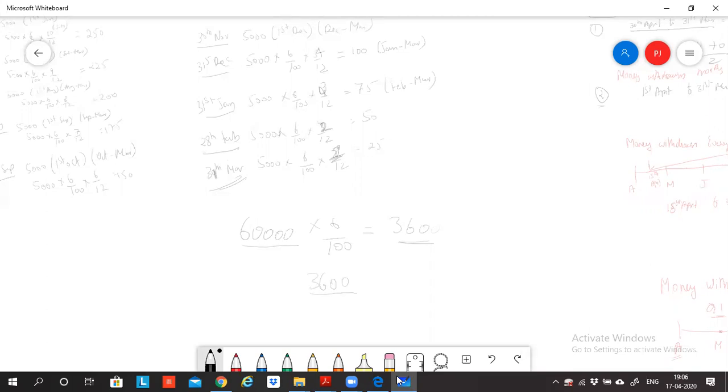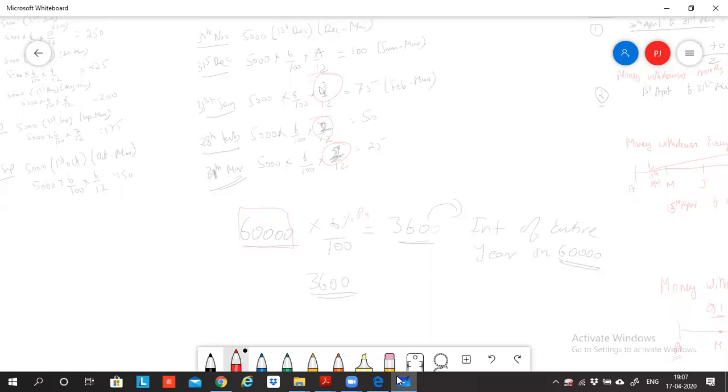So I need to know that this 3,600 is the interest for the entire year on 60,000 rupees. Now the question is, I have not enjoyed the 60,000 for the entire year. I have been using this 5,000 rupees in bits and parts every month. Some 5,000 I've utilized only for 1 month, some only for 2 months, some only for 3 months. So it will not be fair to charge 6% interest on 60,000 rupees for the entire year, because 6% is per annum. 6% is for the entire year. So charging the entire 6% just like that will be wrong.